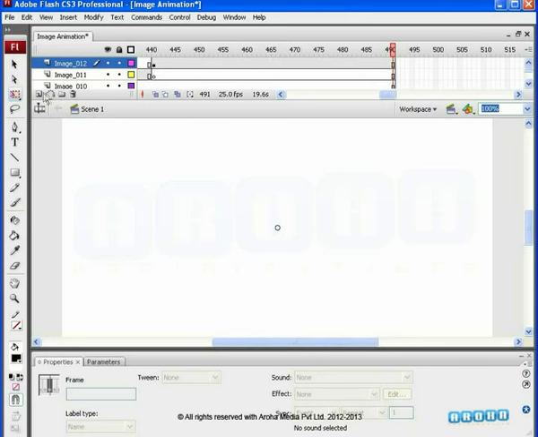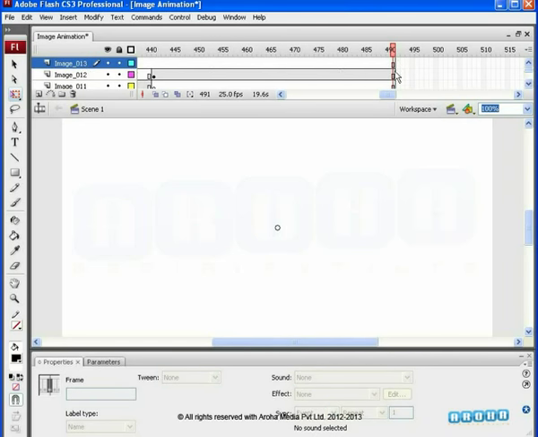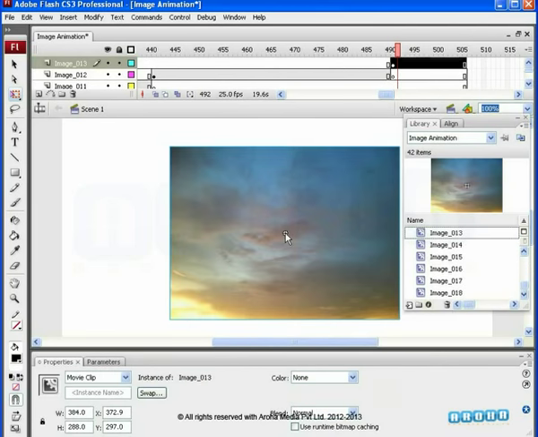Add another layer for the 13th image animation. Name the layer image_013. Without fail, add a blank frame at the previous layer end frame. Also add a new keyframe at the same location of the new layer, that is, on frame 491. On this new keyframe, add the image_013 symbol on the stage area from the library and get it center aligned